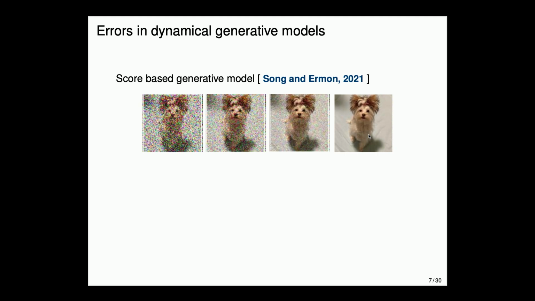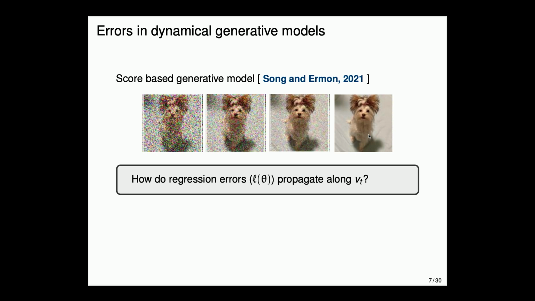In this way we can fix the direction of time to be this way, so that we can also think of flow based generative models and the reverse process of a diffusion model as the one we care about analyzing. The purpose of this analysis is to see that for whatever loss function you minimize to represent the neural network for the vector field, there will be some inevitable errors. How do these propagate along the dynamics of the generating process?